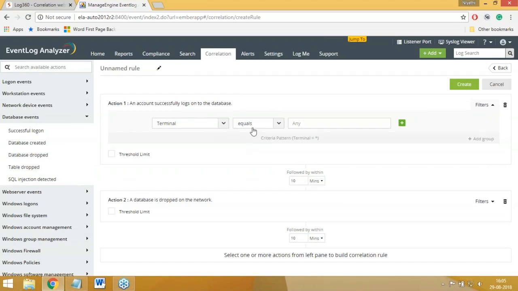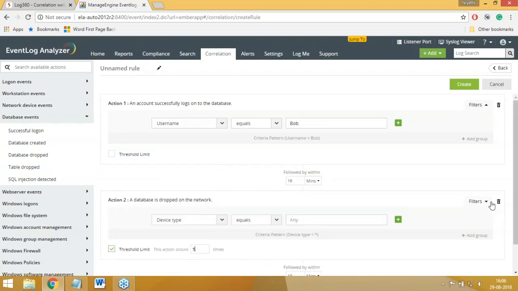So you can even set up filters. As I told you, you can say that the username equals specific values over here. Okay, so or you can even say, so sometimes you would like to ensure that the username remains, so if this event occurs, let's say 5 times, so you can also set values like username